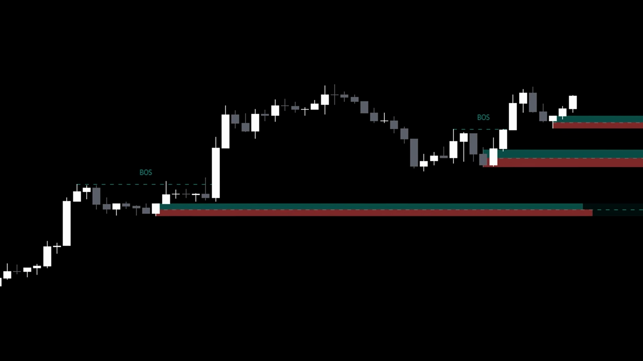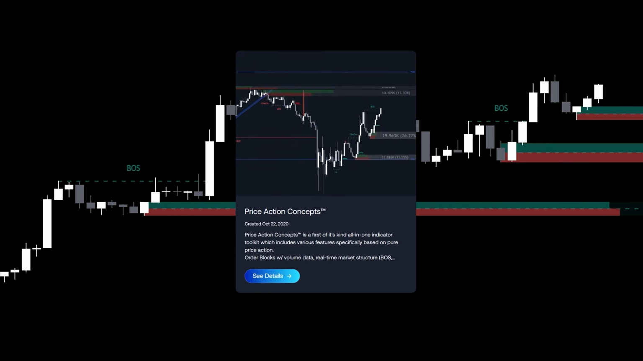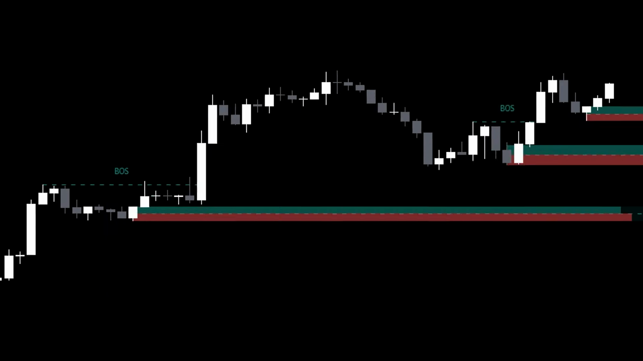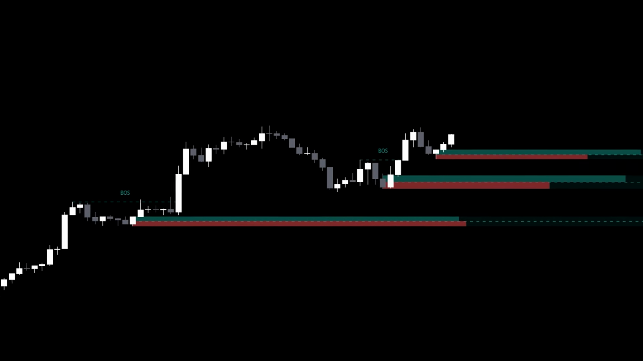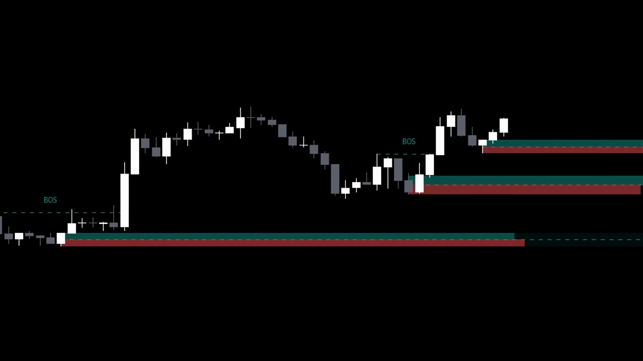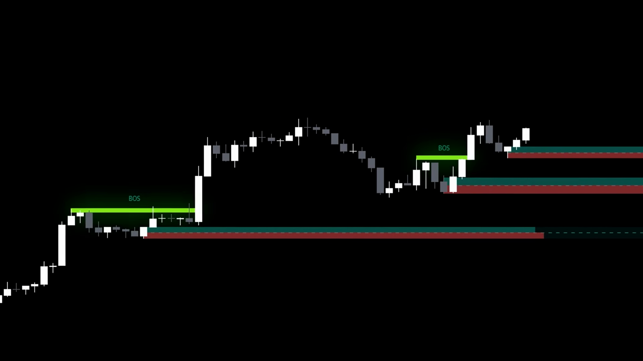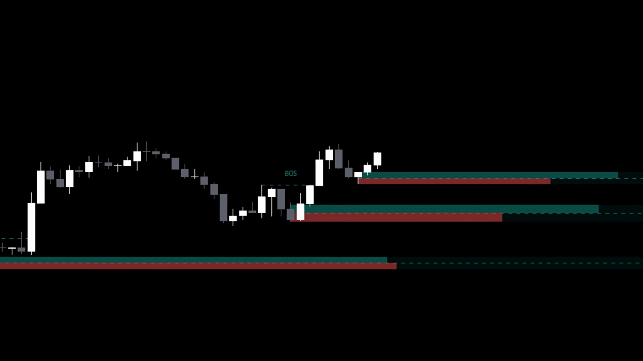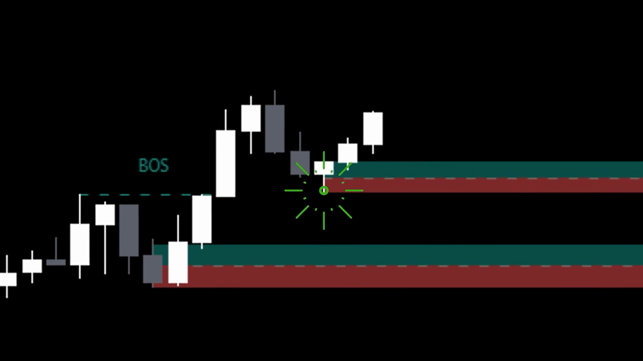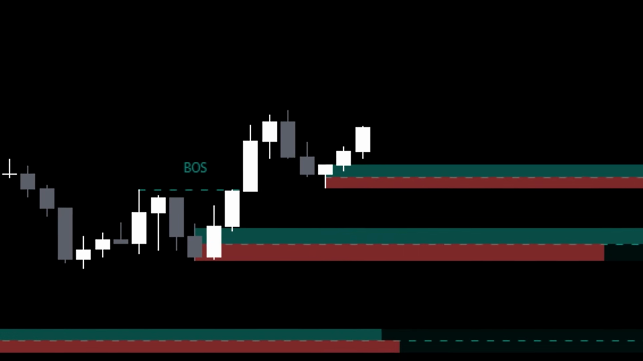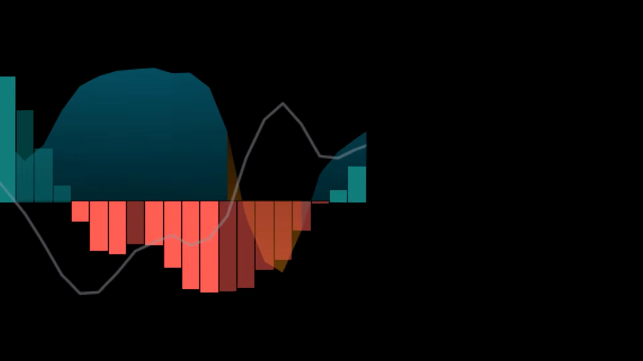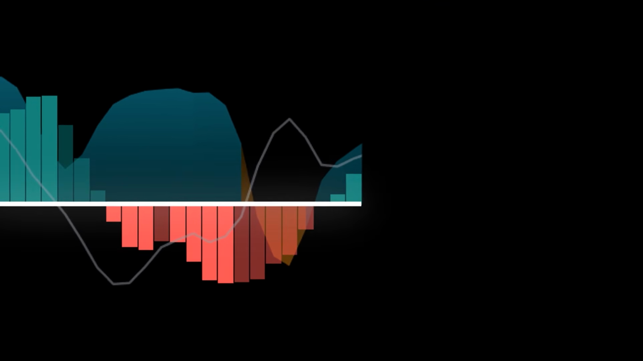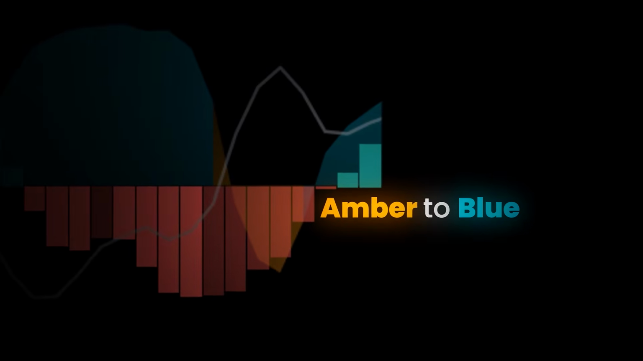Let's look at this example. We're using the price action concepts algo on the main chart, paired with open interest inflows and outflows below. At first glance, you can see price forming a clean bullish structure, higher highs and higher lows, confirmed by multiple break of structure labels. But what makes this setup stand out isn't just the structure itself, it's what's happening underneath the surface. As price retraces into the demand zone, highlighted by the price action concepts algo, notice how the open interest flow sentiment begins to turn positive, teal bars expanding above zero, while the correlation band also shifts from amber